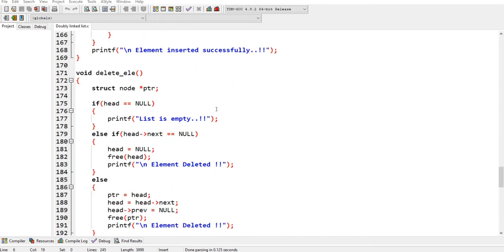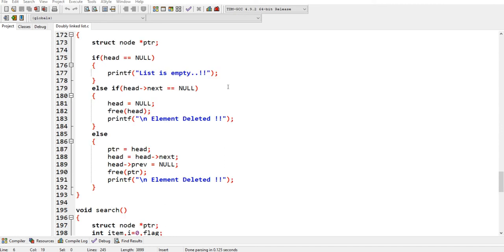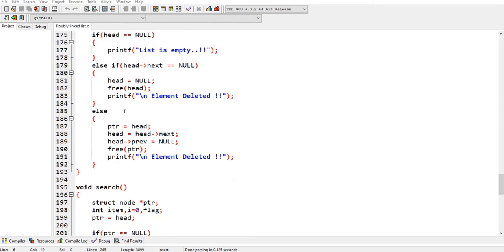Afterwards, void delete element, here it will check whether the list is empty or not. If head is equal to null, here the list is empty. Else if head of next is equal to null, then it will delete the first node. The node is deleted.